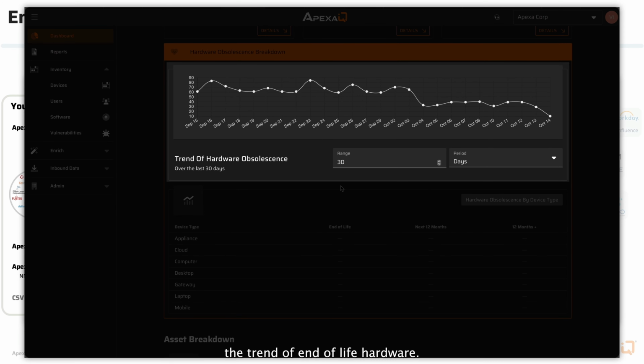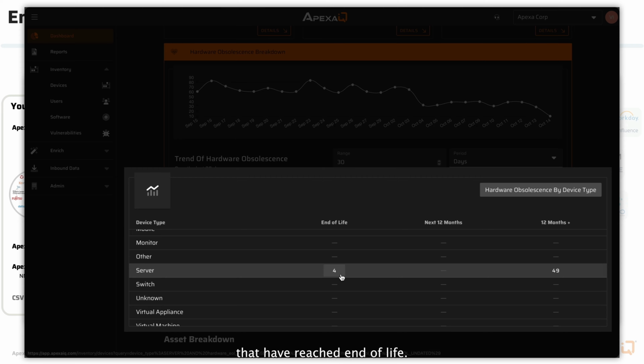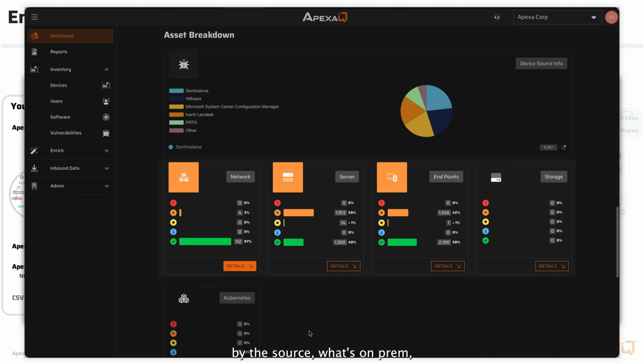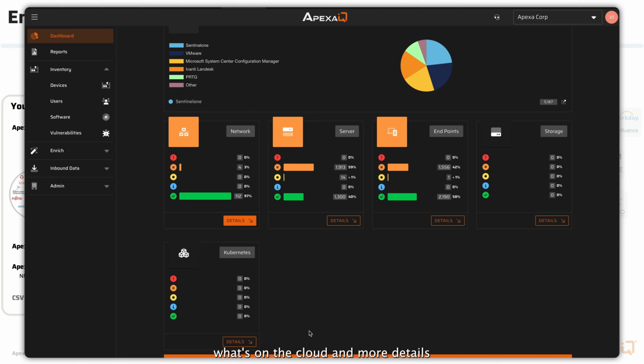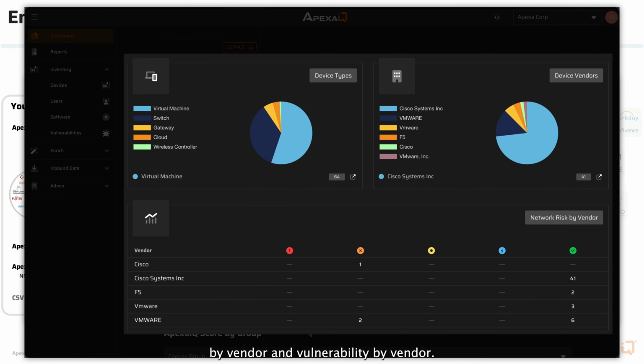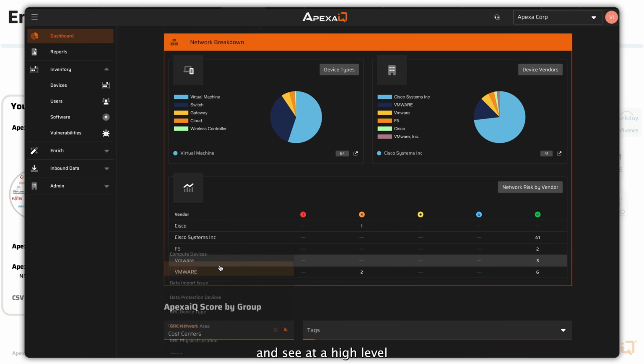Like here we can see the trend of end-of-life hardware. Seems like there are 4 servers that have reached end-of-life. You have the breakdown of assets by their source, what's on-prem, what's on the cloud, and more details such as assets by device type, by vendor, and vulnerability by vendor. You can have custom grouping of assets, let's say by cost centers, and see at a high level the hygiene